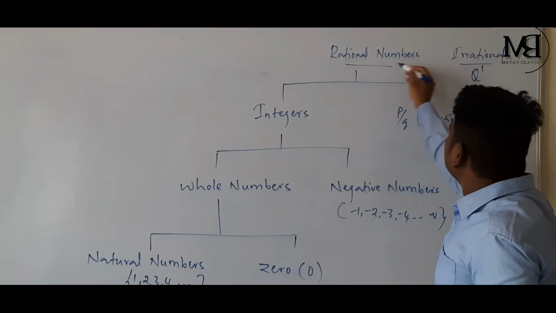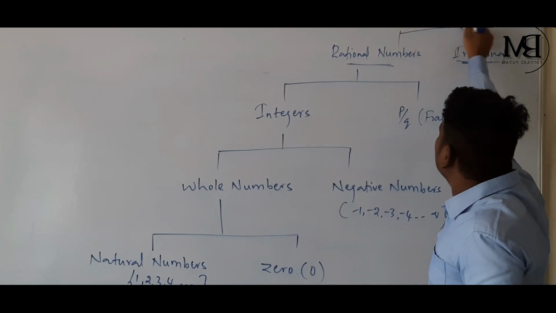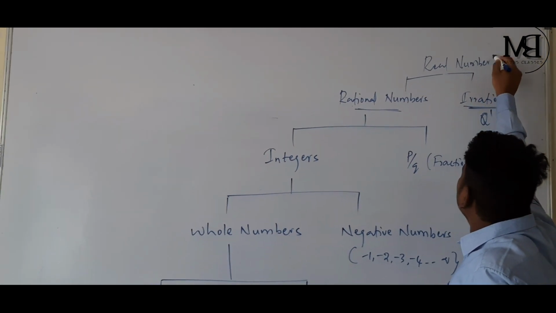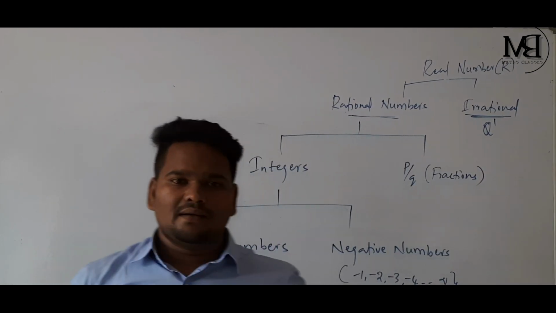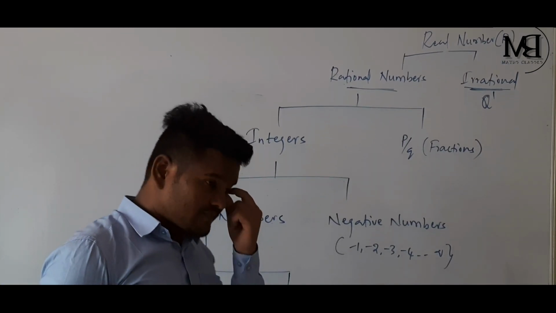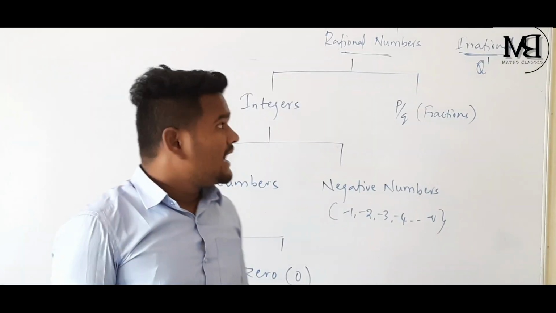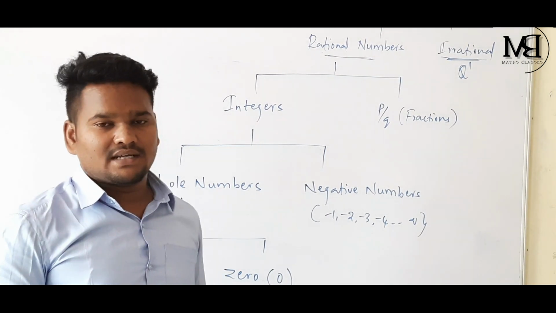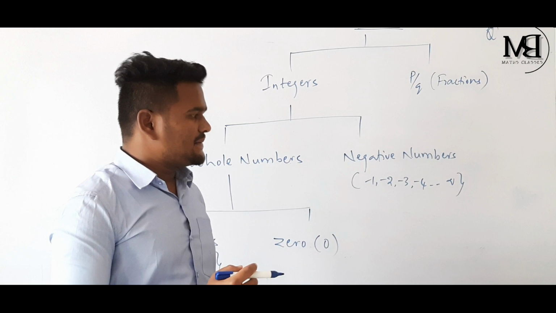And the combination of these rational numbers and irrational numbers can be known as real numbers. And these real numbers are denoted by capital R. Apart from these real numbers children, we also have imaginary numbers, and the combination of real numbers and imaginary numbers are complex numbers. About these complex numbers and imaginary numbers we are going to discuss in our class 11th. Okay. See children, I hope you understood these types of numbers.